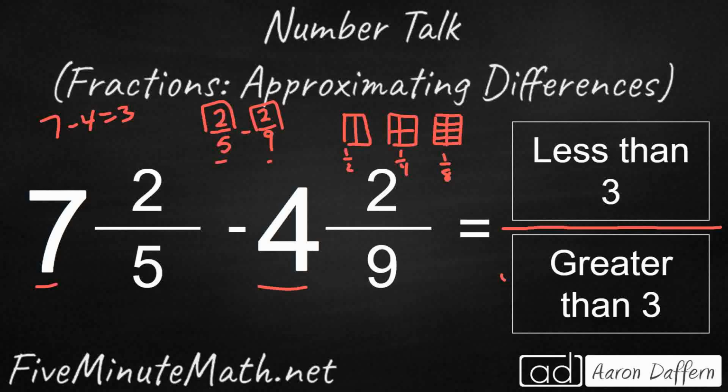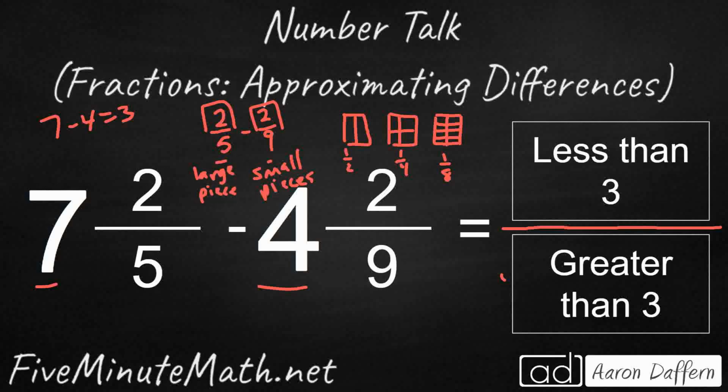So it's kind of the inverse of what you would think. The larger the denominator, the smaller the actual piece, because that same square is having to be cut up into more and more pieces, so therefore each piece has got to get smaller. Which means these are going to be small pieces, the ninths. But if I were to take a shape and cut it up into fifths, those are going to be larger